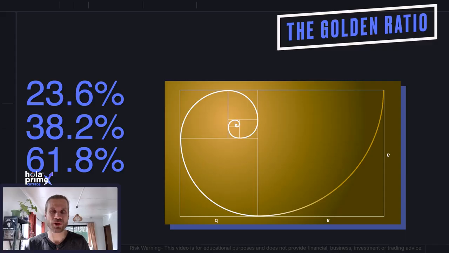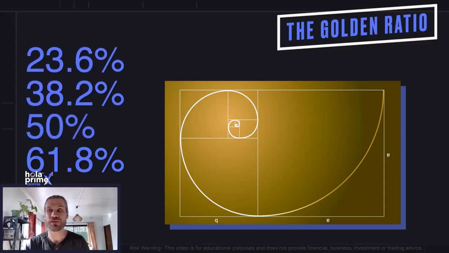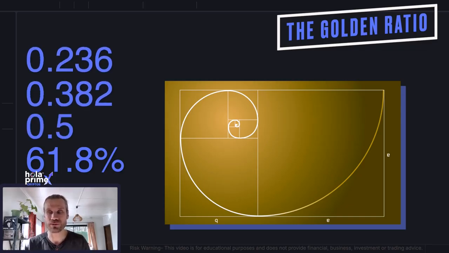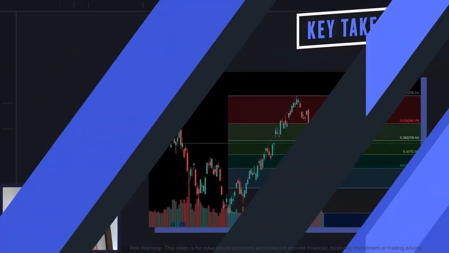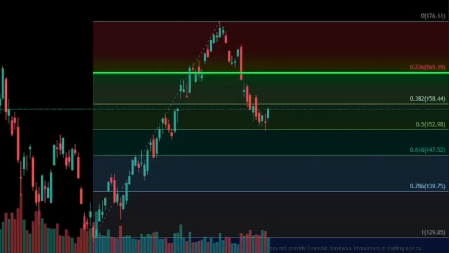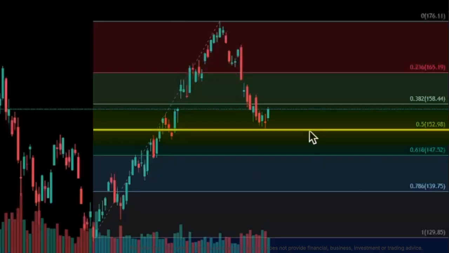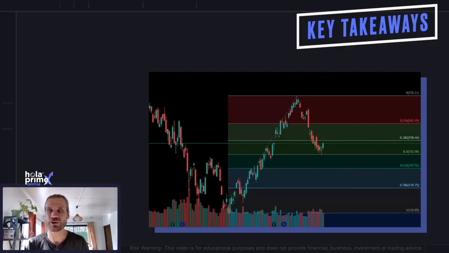And even though not one of the big three and certainly not part of the golden ratio, the 0.5 Fib level is also widely used by traders, as an asset will often retrace by around 50% before continuing its original trend. Key takeaways then so far: always expect the price action to react to the 0.236, 0.382, 0.5 and 0.618 Fib levels, as their relationship to the golden ratio, excluding the 0.5 level, assures that these areas need to be